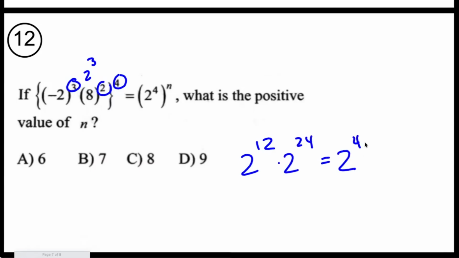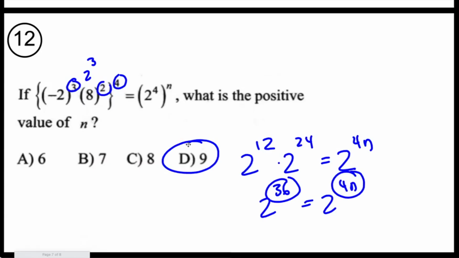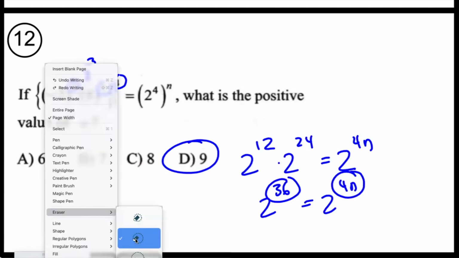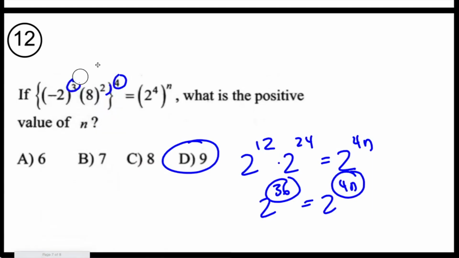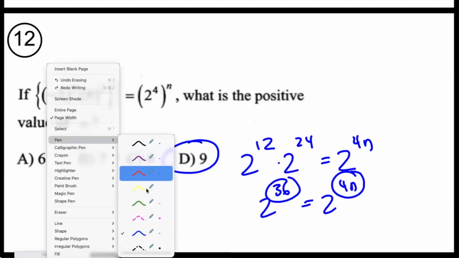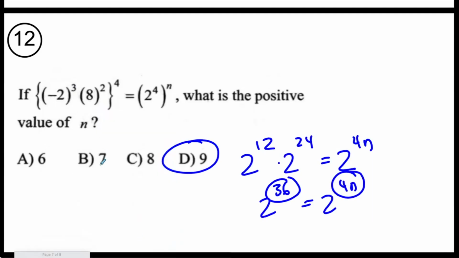Okay. And then you get that. And then you get 2 to the 36 is 2 to the 4n. And then you can see for these to be equal, n has to be 9. Okay. I did it differently, but I did like kind of what we were saying, I did -2 to the power of 3 times 2 to the power of 3 to the power of 2. So that's just 3 6 exponents. So I just added